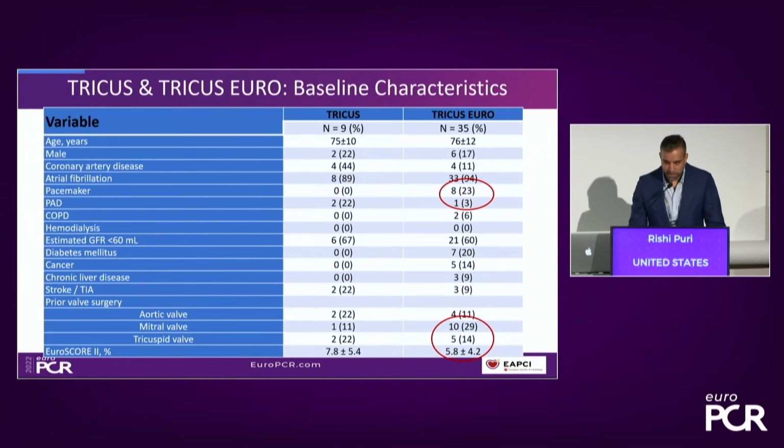So when you look at both of these, the first-in-man and the CMAC trial, you see a very typical severe TR population with comorbidity characteristics. These are sick patients, a quarter have pacemakers. Many of them have had prior valve disease, and almost all of them are on Coumadin or a DOAC for atrial fibrillation. So really no surprises here